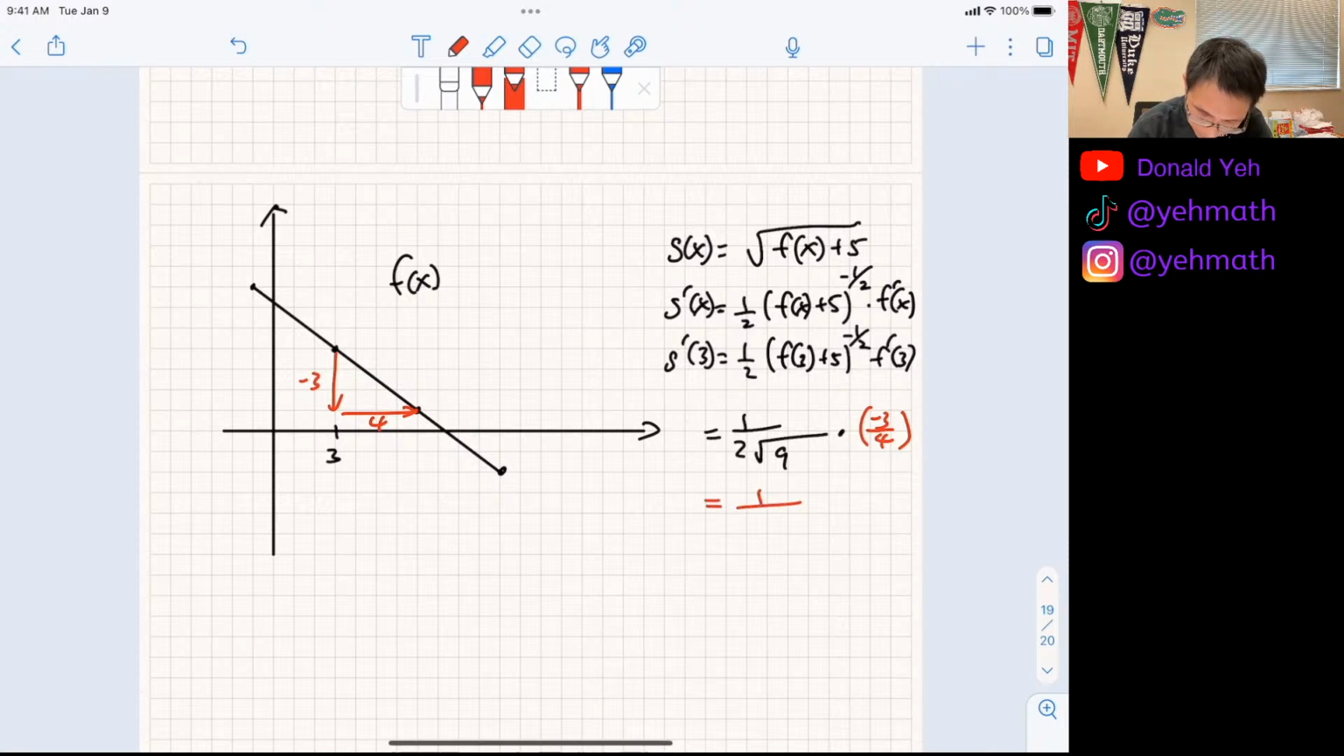That's the iPad. So 2 times 3 times negative 3 over 4. So the 3 will cancel out. So it'll be negative 1 over 8. Okay,